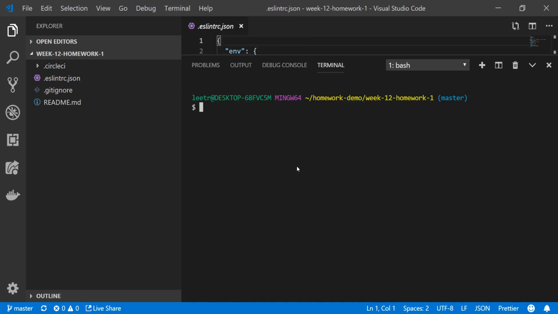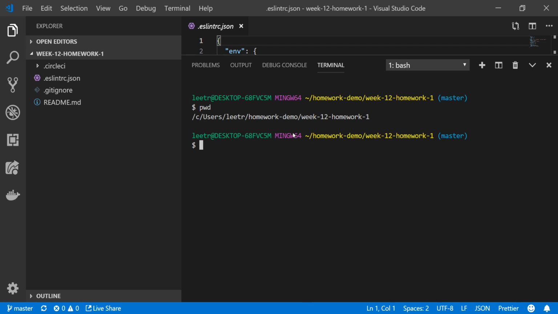It opens over here. Once again, look, it shows the directory here that I'm in, homework demo, week 12, homework 1. Once again, sorry, I am in bash to do this work. Git Bash was installed. So pwd, just to confirm, I'm in this directory, and ls, the contents match up. Now notice it just shows readme. These files with dots in front of them are not shown. So we will do create React app